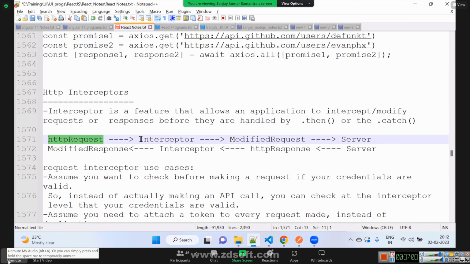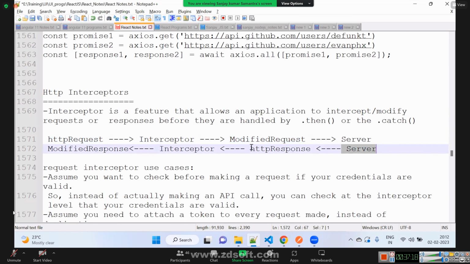That request will go to the interceptor. The interceptor will modify the request, add one extra field or delete something. Then that modified request will be sent to the server. The server responds with some response. That response will be given to the interceptor. The interceptor will write some logic to modify the response and will return the modified response to the component. Is it clear?